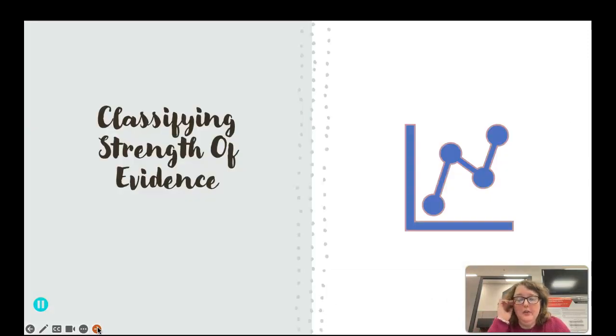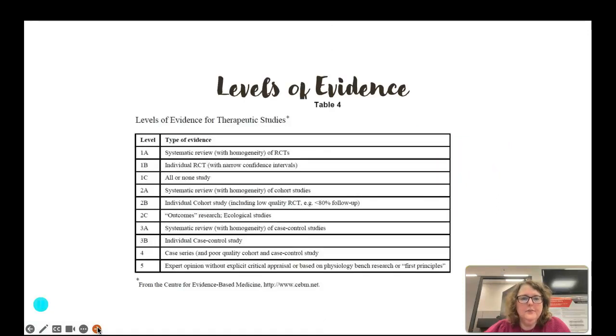When we think about all these different types of studies, they have different strengths of evidence. We classify these strengths of evidence by the level of strength of their evidence. So these are the types of levels of evidence that we have for therapeutic studies. 1A is a systematic review with homogeneity of randomized controlled trials, meaning that the randomized controlled trials are similar enough